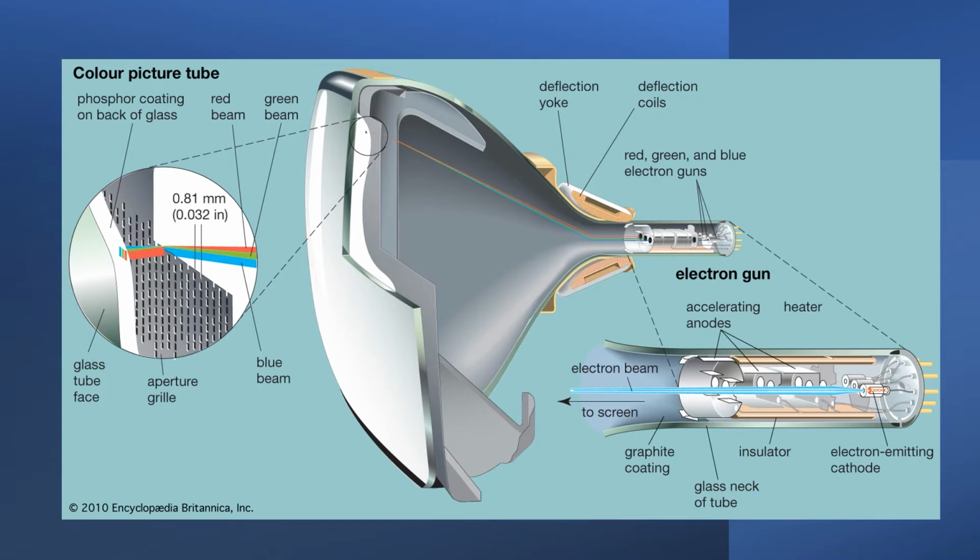Here's a cross-section of a cathode ray tube. These were commonly used in the era of the Apple II to display the image. At the back we have an electron gun, which is a heated filament that produces free electrons. The electrons are accelerated towards the screen. The front of the screen is covered with phosphor. Then when the electrons hit the front of the screen, it glows.